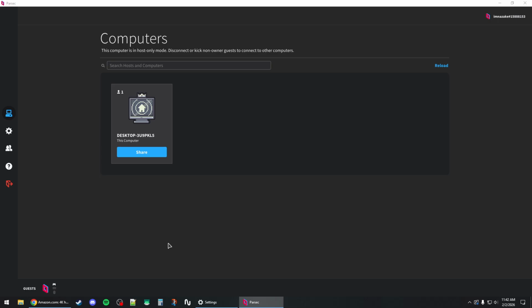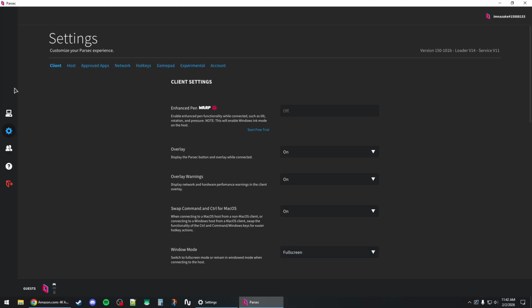How to lower the screen resolution in Parsec. So Parsec by default streams the screen using the host's display resolution, and to change or lower that you can